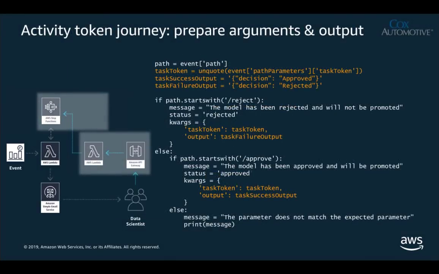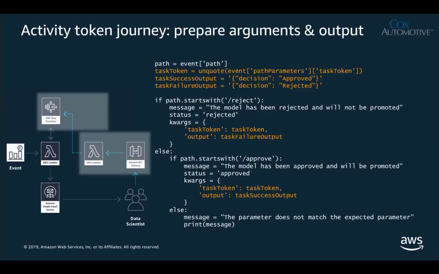And so, like I said, this API is wired into a Lambda function. So the Lambda function will be invoked automatically when the link is clicked, I should say. Only one link is clicked at a time. And the Lambda function gets the parameters for the API call. So they look at, in this case, the path. So does the URL path contain reject, or does it contain approve? Okay, and then according to